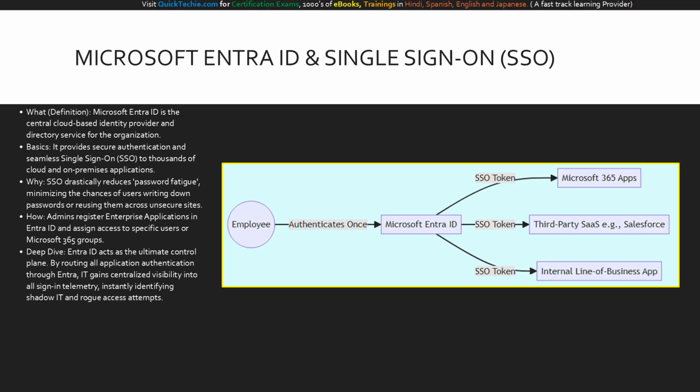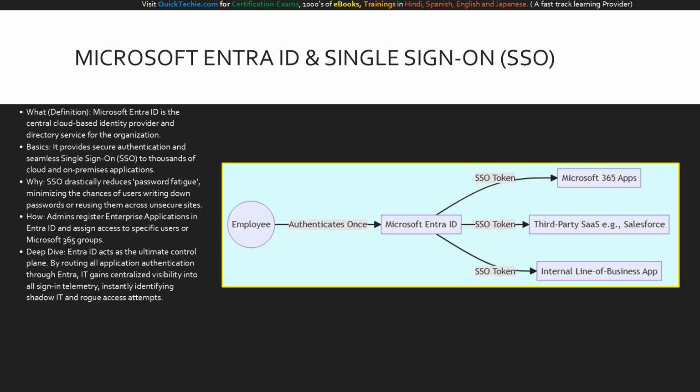At the very heart of the Microsoft Entra suite is Microsoft Entra ID, the system formerly known as Azure Active Directory. This is your central cloud directory. It holds your user accounts, groups, and device registrations. The most immediate benefit you will deploy here is single sign-on, or SSO. We all know that password fatigue is a massive security vulnerability. When users have to remember 15 different passwords for HR systems, ticketing portals, and Microsoft 365, they start reusing weak passwords. SSO solves this. By registering your enterprise applications in Entra ID, your users authenticate exactly once with a strong,